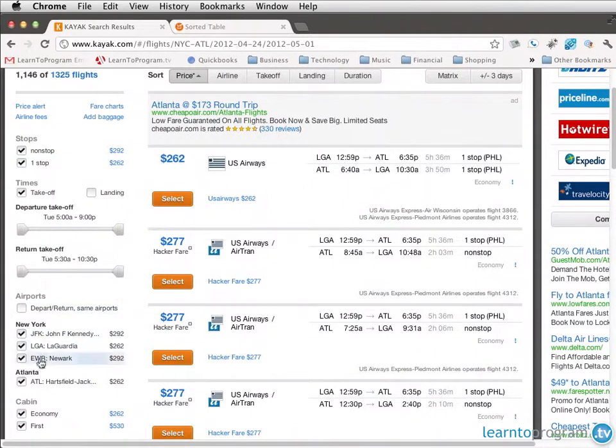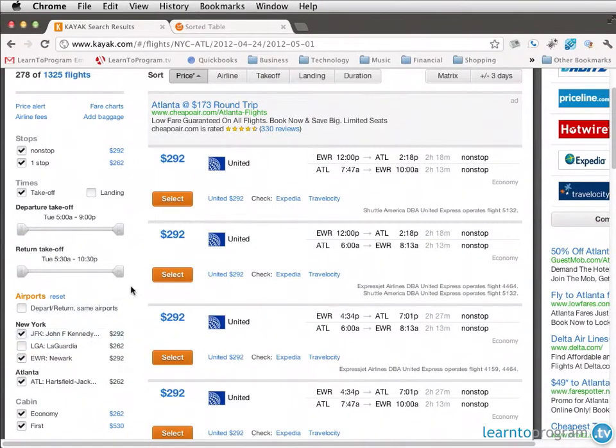Notice over on the left side of the screen there are all sorts of criteria and sorts. For example, this flight leaves from LGA, which is New York LaGuardia. Let's say I didn't want flights that left from LaGuardia. I'm going to remove the check mark here to filter the results. You notice there was a little sign that's saying it was applying the filter, and then the choices have been resorted, and we're now seeing flights that are out of Newark and presumably also out of JFK,